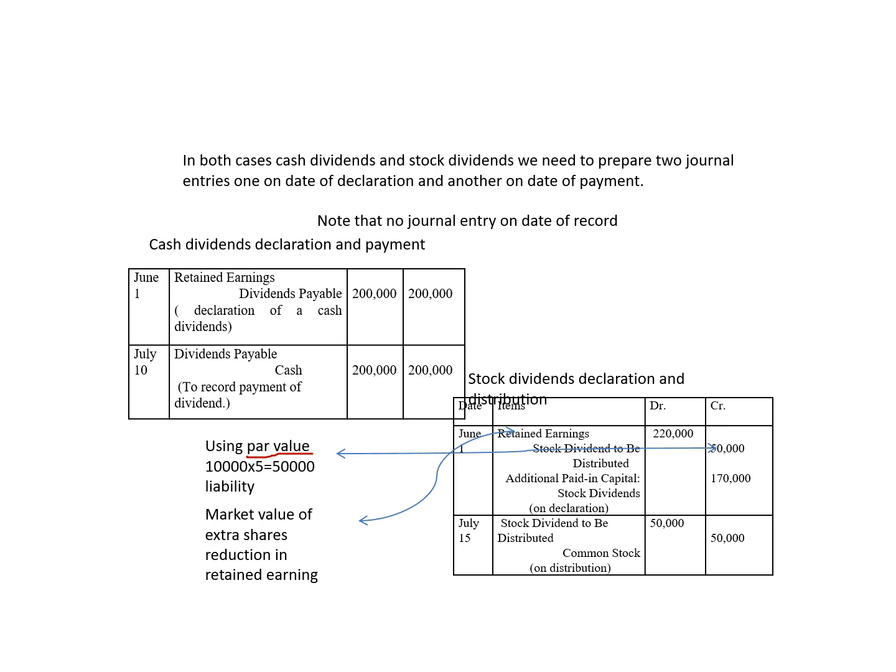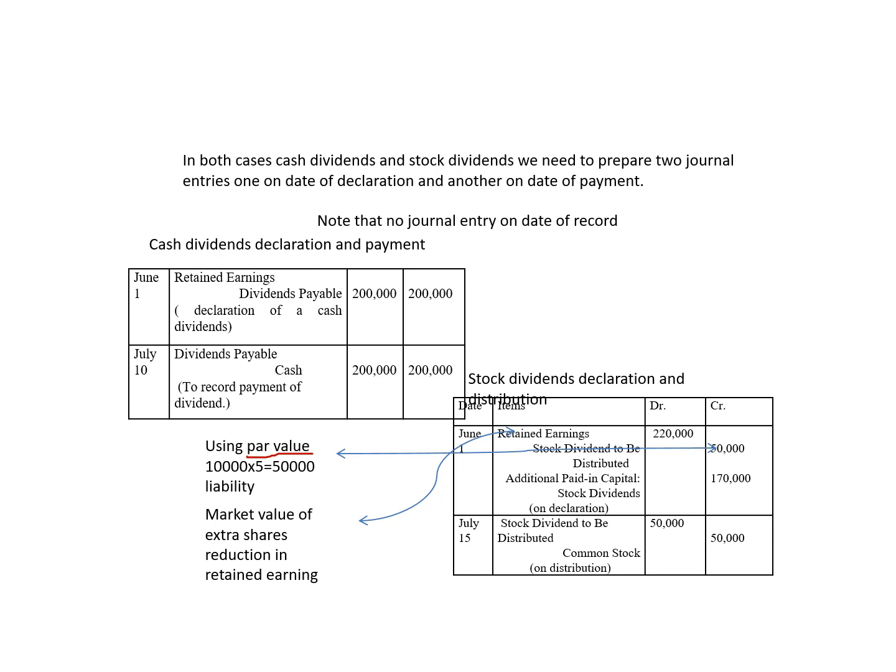It's the same as the issuance of shares, but instead of collecting cash from shareholders, we are getting the money from the retained earnings. We are debiting the retained earnings for the value of the shares to be issued to shareholders as extra shares, as dividends, as stock dividends. That's on date of declaration.